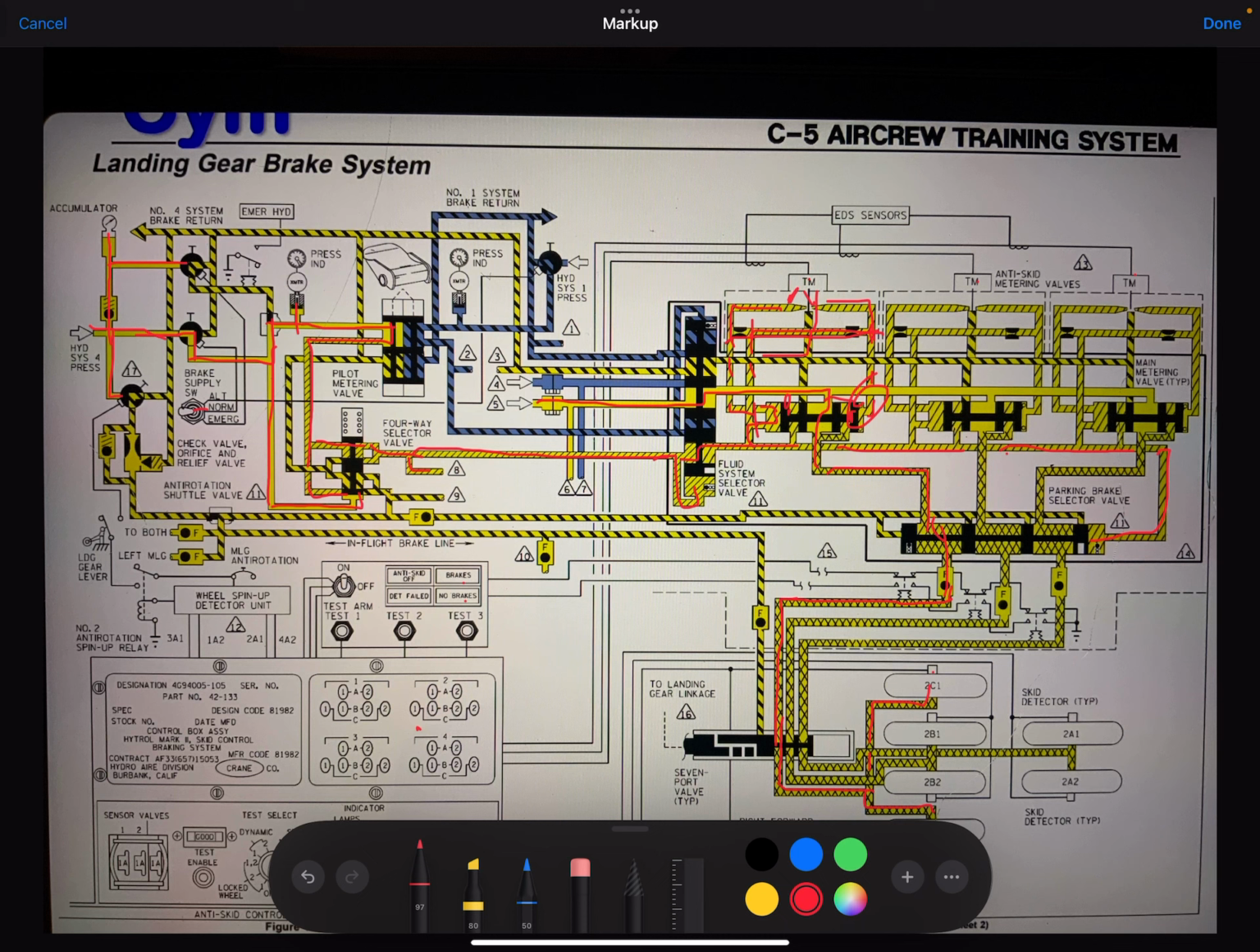And then when that skid is no longer detected, the torque motor will stop dumping this